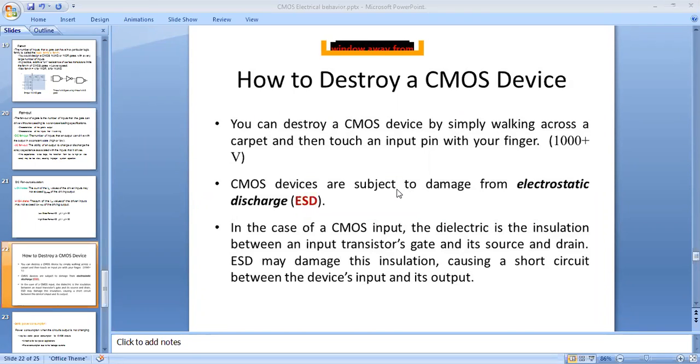How is it possible to destroy the CMOS with the help of latch-up? What is latch-up? Suppose we apply an input voltage less than ground. Actually our CMOS is always operated between 0 and 5 volts. If we apply an input voltage less than ground, that is a negative voltage, or more than VCC. Suppose our VCC is 5 volts, and we apply 10 volts or 15 volts.